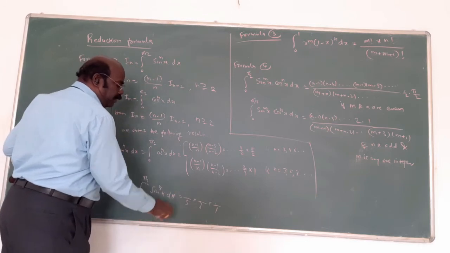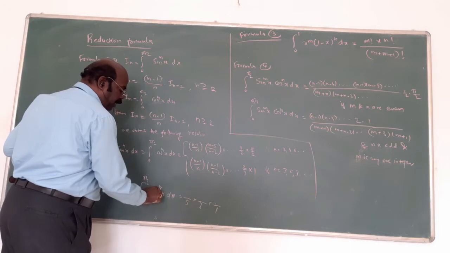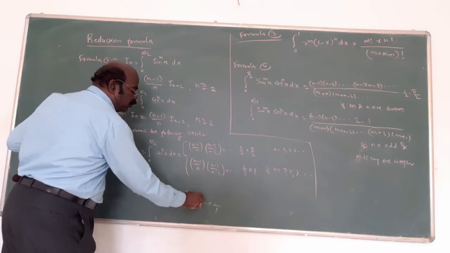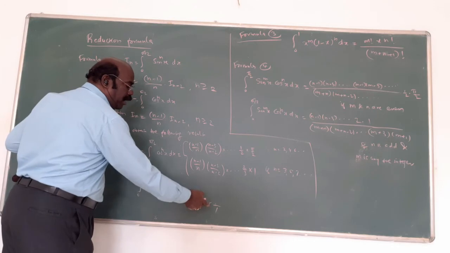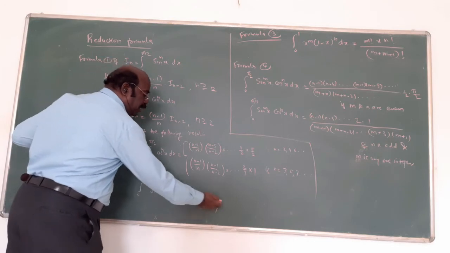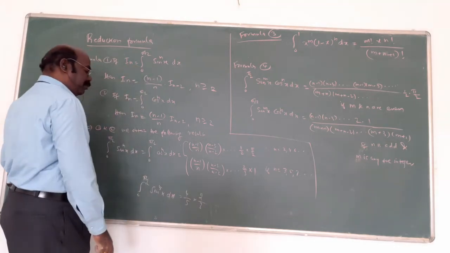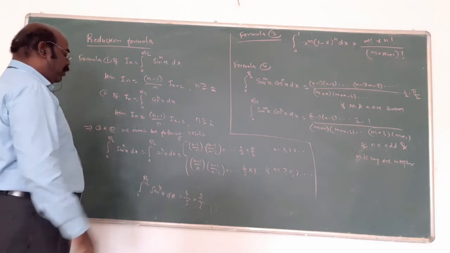The numerator reduces by 1 actually. Start with the n minus 1, 4. Reduce by 2, 2. Am I right? Then minus 2 is what? 0 will come. But this is the answer. Am I right? 4 by 5.